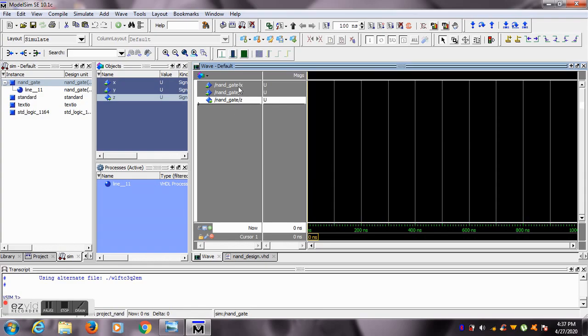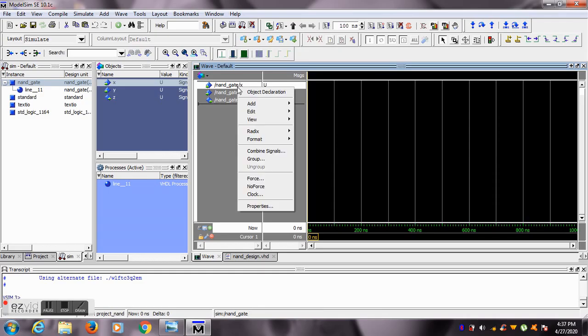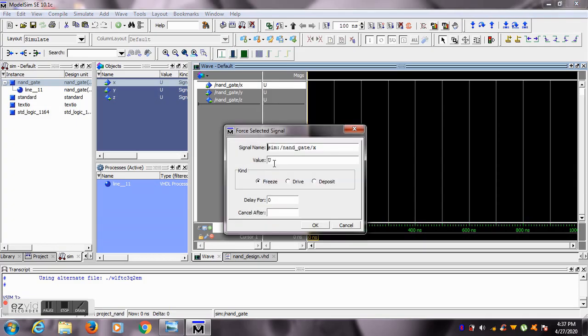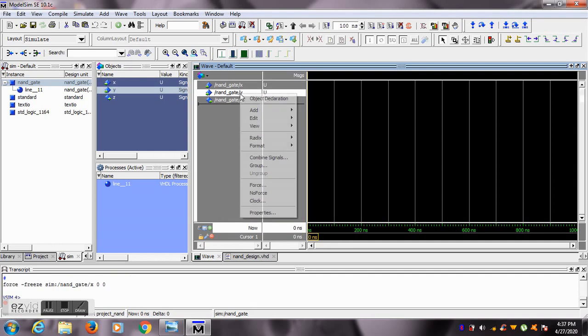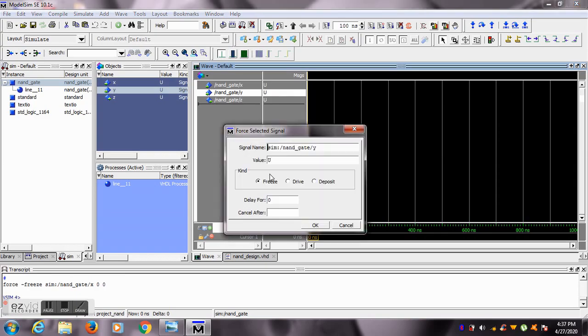So to give values to X and Y, select a signal, right click on it, go to force, and we can assign a value here. Click OK. So 0 is assigned to X. Similarly, we'll assign 0 to Y. Click on OK.